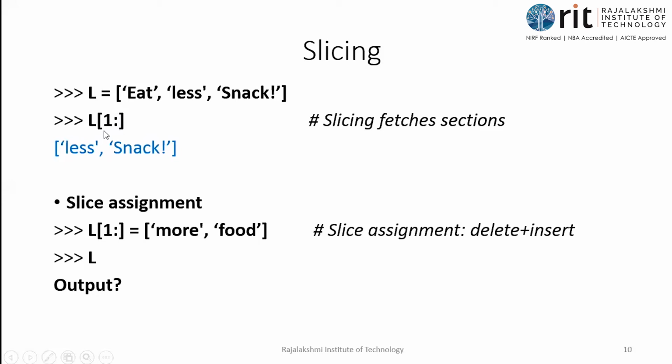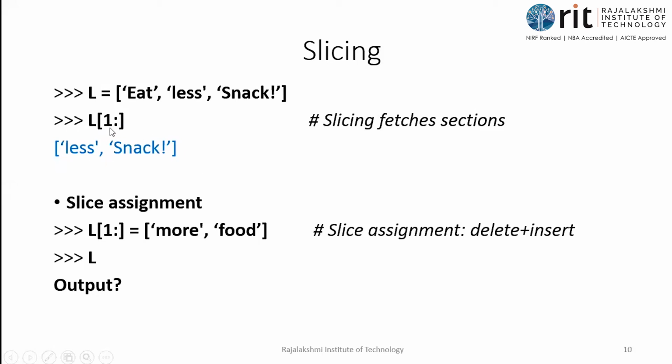So you'll have to start from the index location 1 and go through the end of this list. Yesterday itself I told, if I'm going to have empty values on either side of the colon, it means it is going to print the entire string. Now it is the entire list here. So now I've told it is from 1 to the end of the list. So what is at index location 1? It is list. From there, I should go till the end of the list. So the answer will be list, snack.